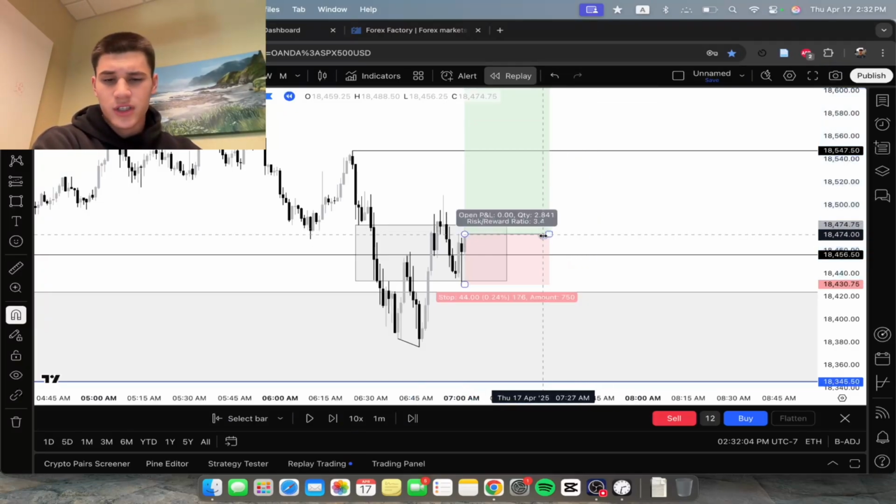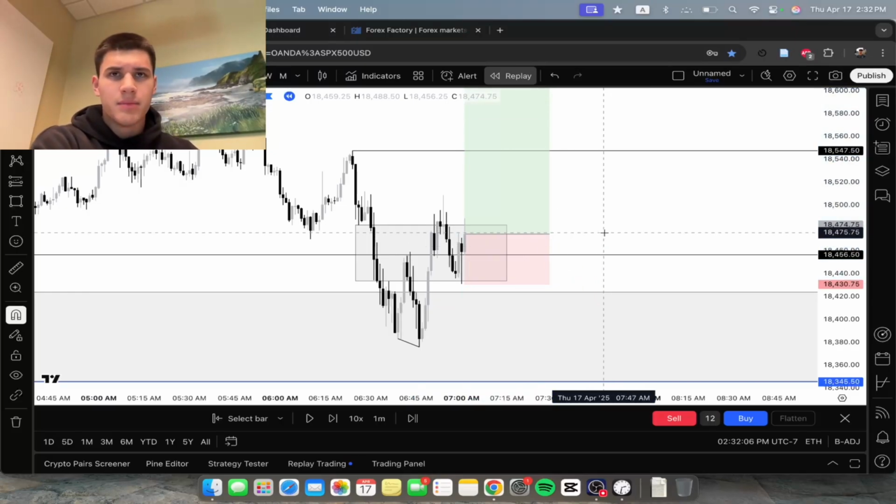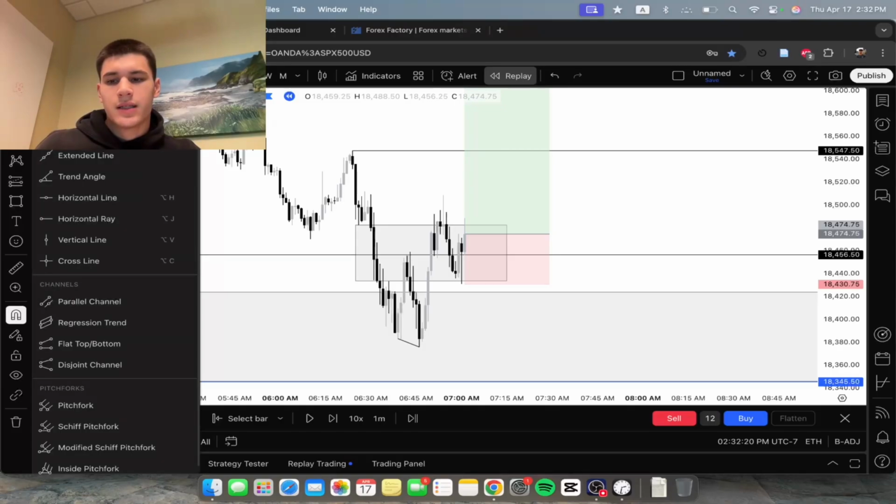How can I improve? Just wait for this. I don't know, in backtesting and all my work outside of the market, I'm a lot more patient. I basically sacrifice risk to reward for a higher win rate, because say we broke structure here and we hit like,